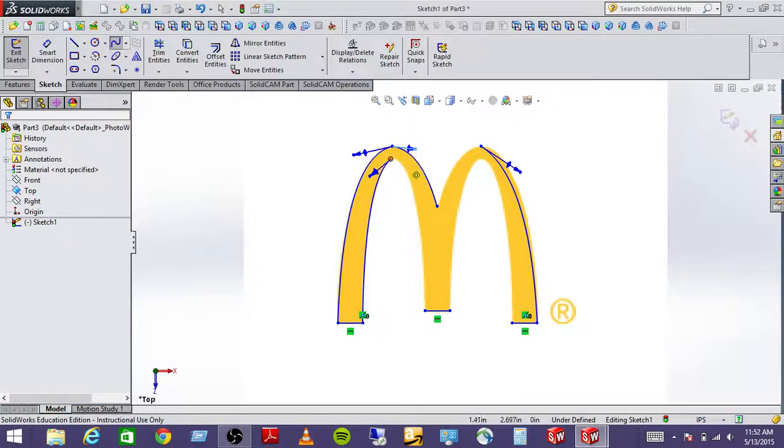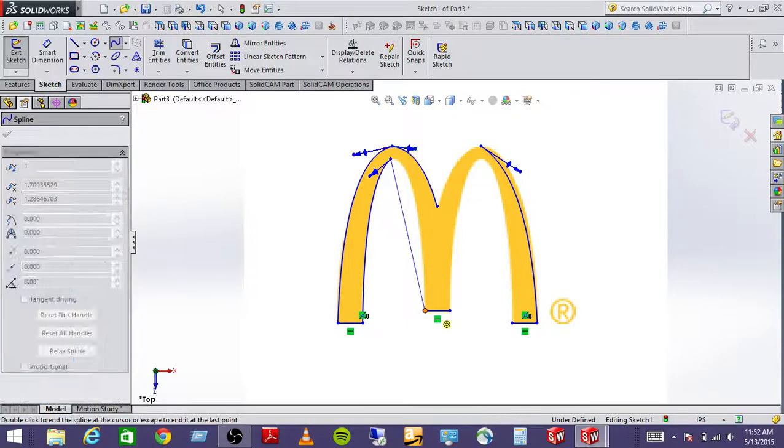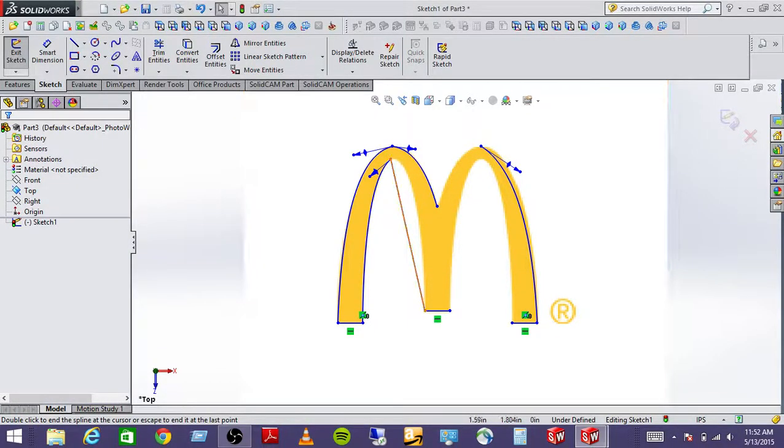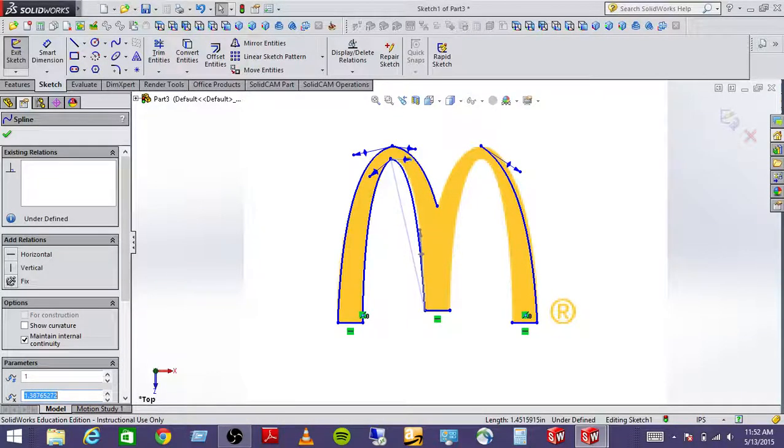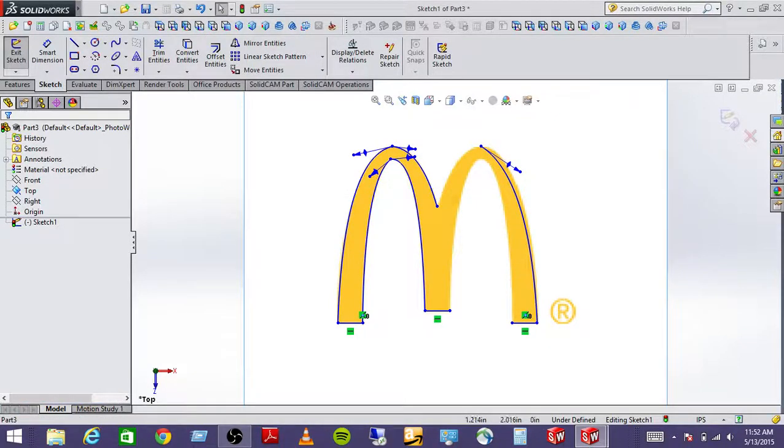Okay, I'll make a spline here. Make a Mickey. Okay, now